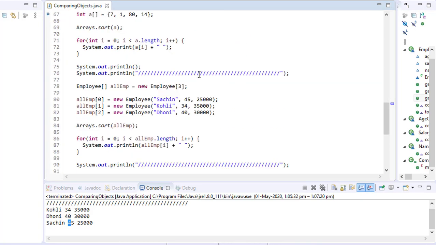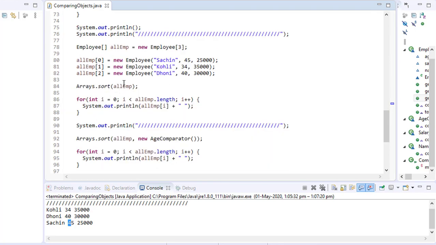Whenever you are applying sort on a particular object, that object should implement the comparable interface, override the compareTo method, and decide on which value you want to sort. Here we sorted based on the age. Now let's say later some condition changes, and default sorting should not always be age. If I want to sort based on the salary or the name, there should be some criteria so that I can change it at runtime, right? Or let's say we have a UI with drop downs.